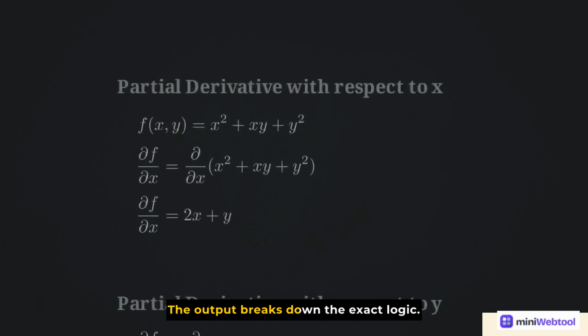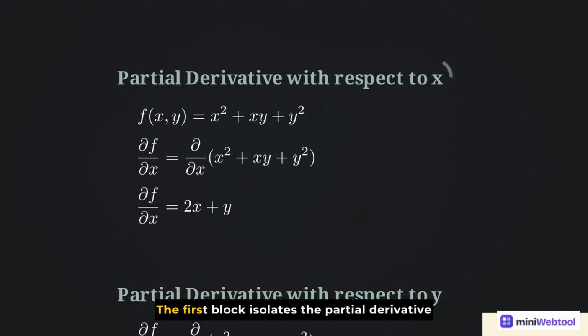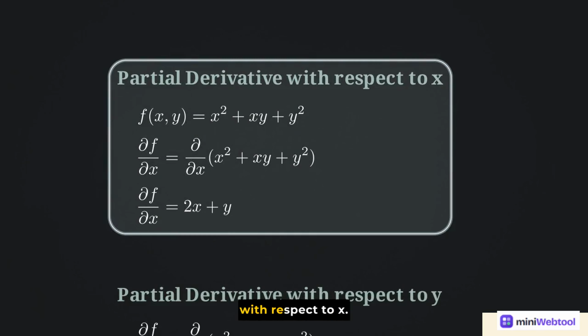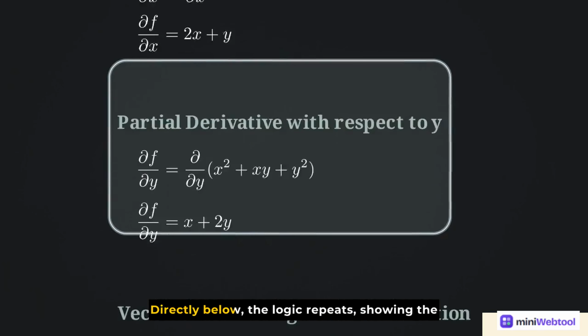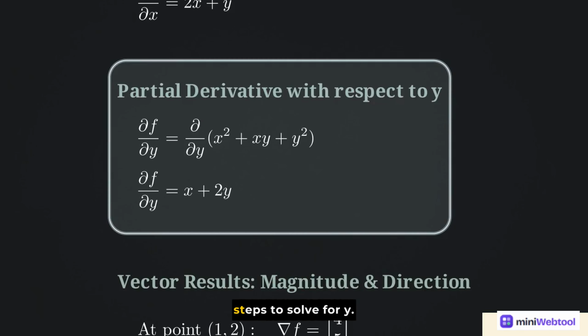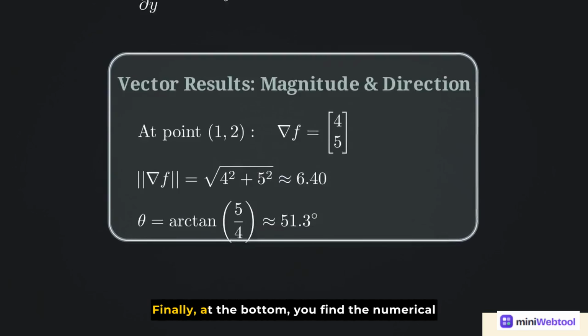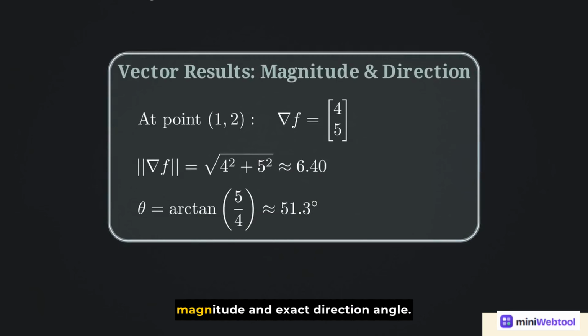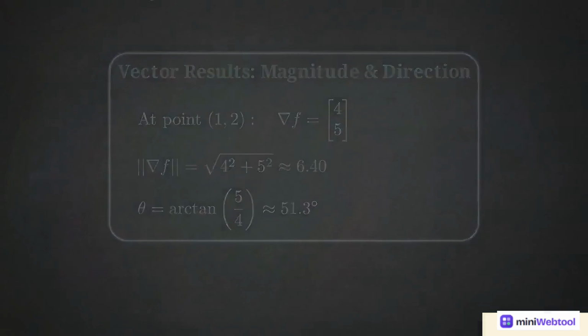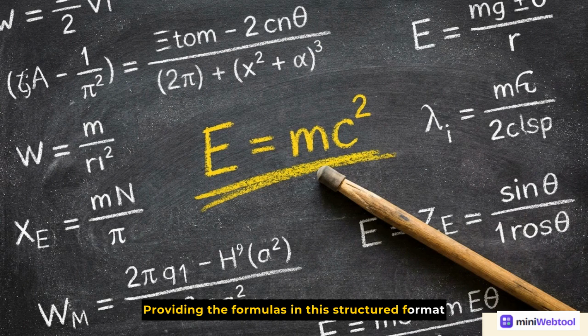The output breaks down the exact logic. The first block isolates the partial derivative with respect to x. Directly below, the logic repeats, showing the steps to solve for y. Finally, at the bottom, you find the numerical magnitude and exact direction angle. Providing the formulas in this structured format ensures you receive a fully transparent, verifiable study guide detailing how the final